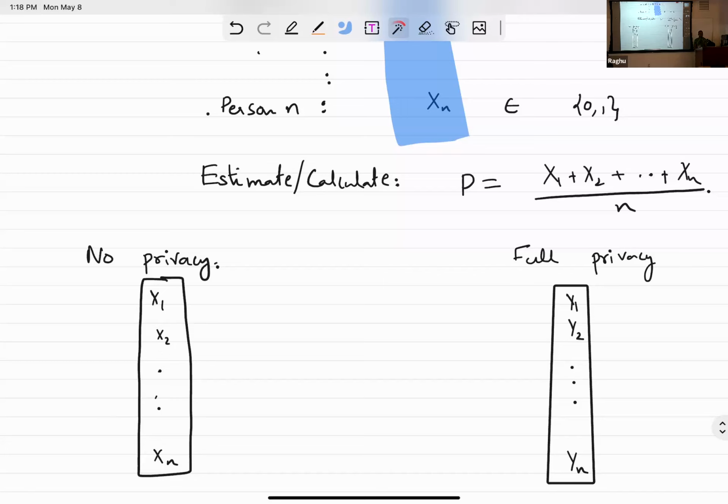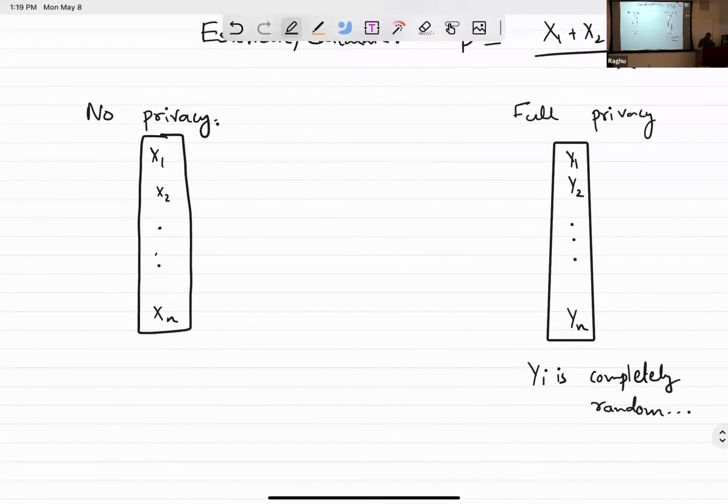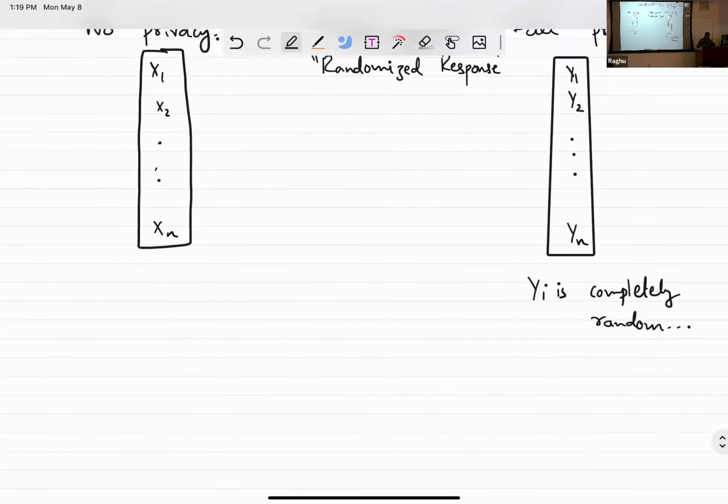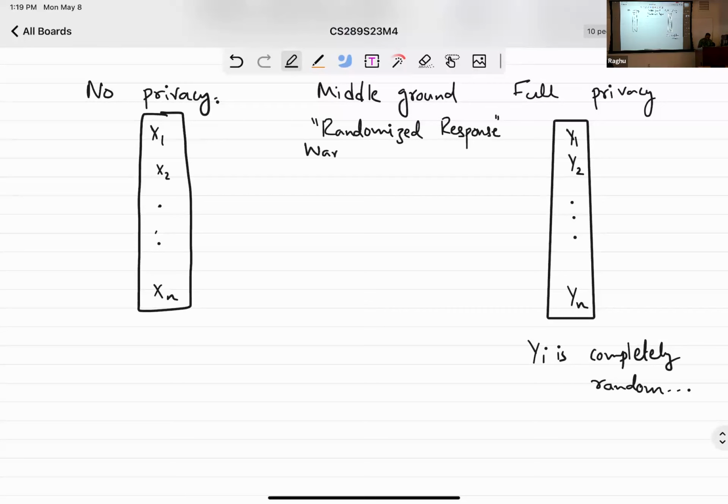So at least in the context of surveys, people have been studying this since the 60s, and there's a middle ground between these two, which is called randomized response. This is due to Warner in 1965, who introduced this nice model and said,